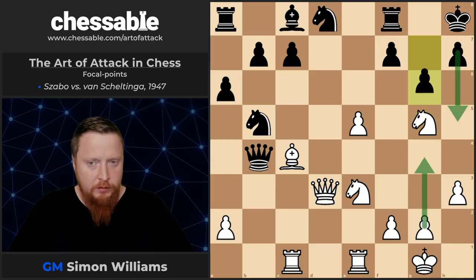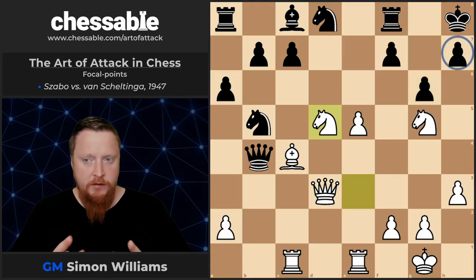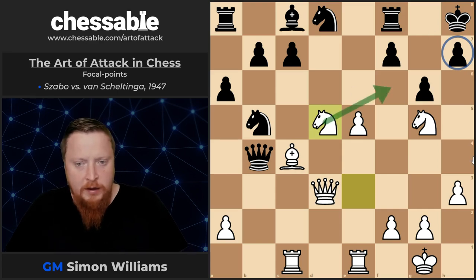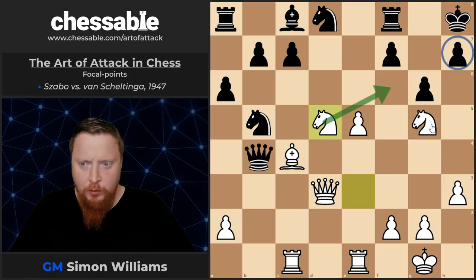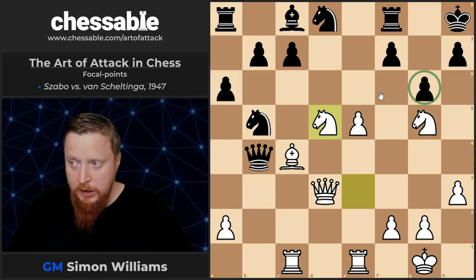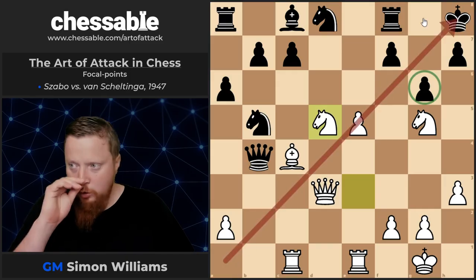In this case, that's not possible, but now white does bring in his other knight, because he now sees that h7, well, the focal point, is something he can really go for with all of his pieces. And I think it's clear to see that this position is pretty grim for black. And the important thing first, before bringing this knight in, is to play g6, which weakens black's king on this long diagonal,